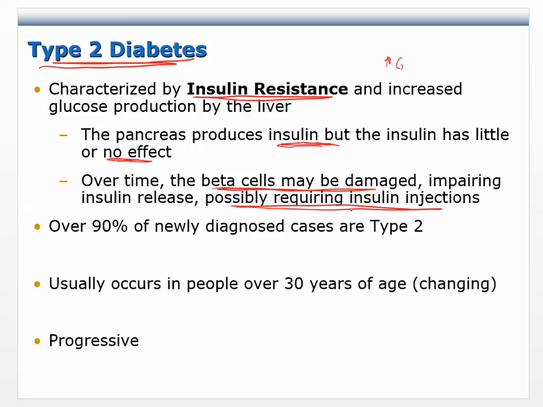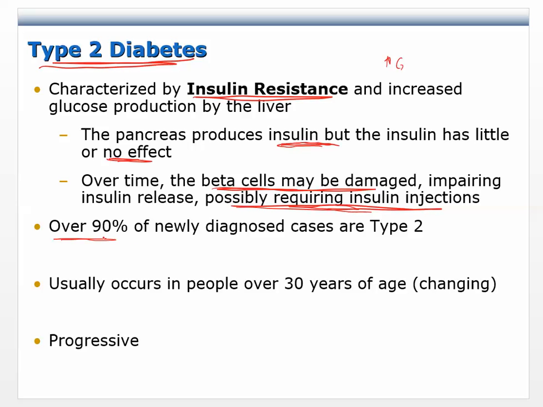And so for someone who has type 2 diabetes, you really don't want to get to this point, because it's kind of a confounded problem, right? Now you're not making insulin, and you take insulin injections, and your cells aren't as responsive to insulin, so it can be a real problem.